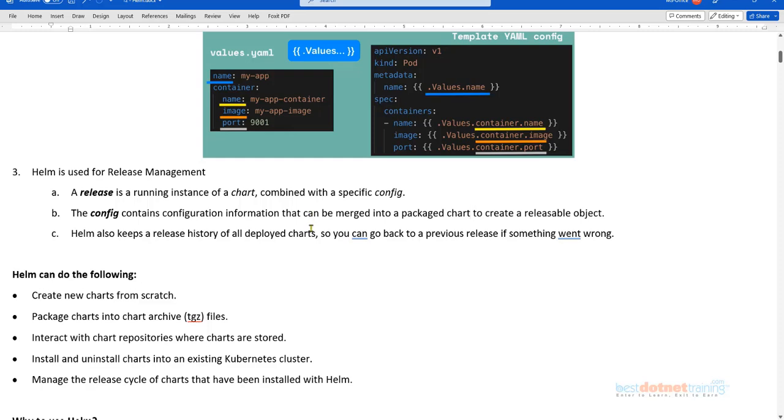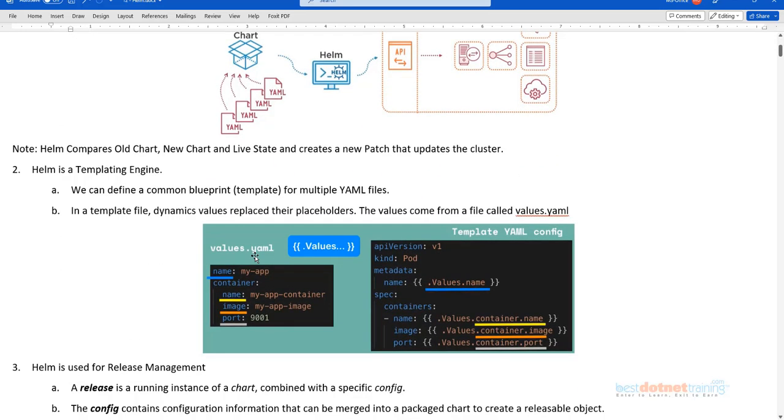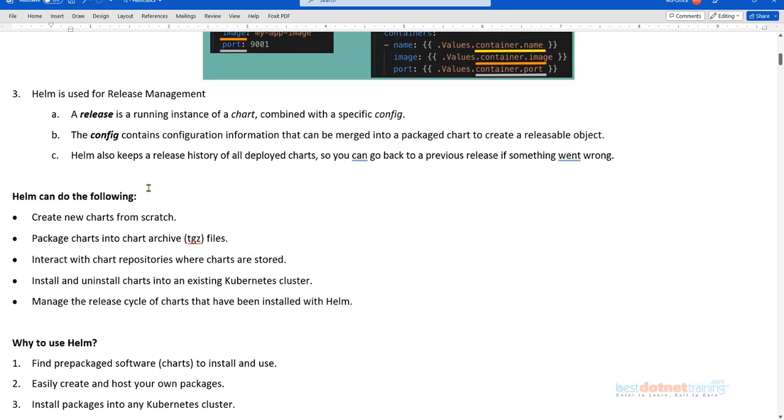Okay, so when I say Helm is a package manager, the package manager requires certain configuration, isn't it? Not just Helm. If you look at any package manager, it needs certain configuration, right? So associated with the chart will be configuration.